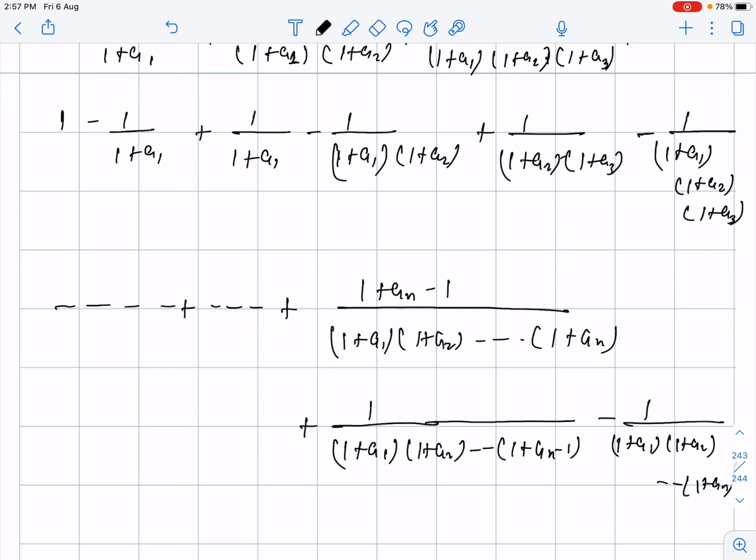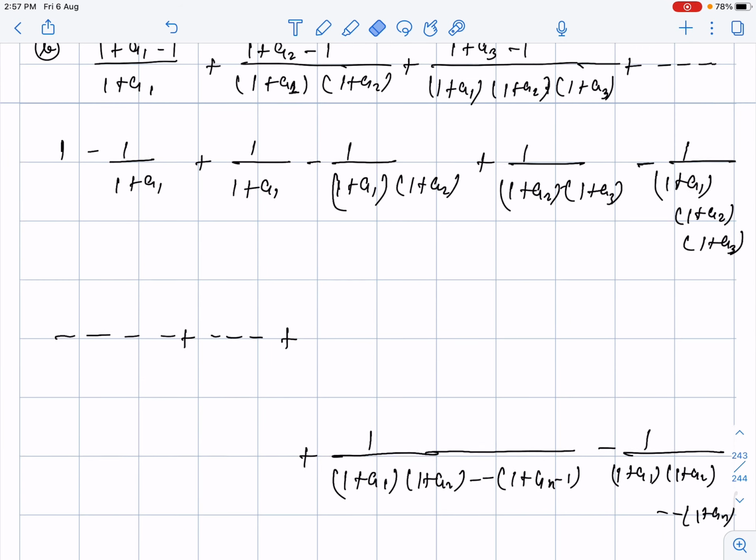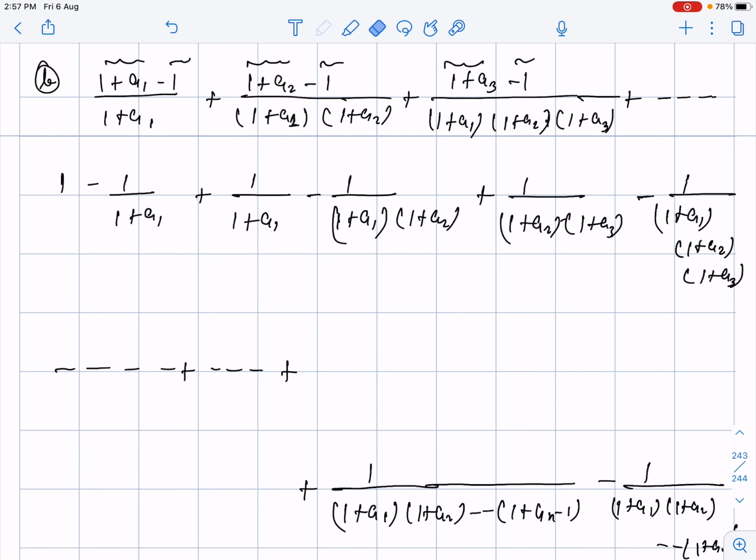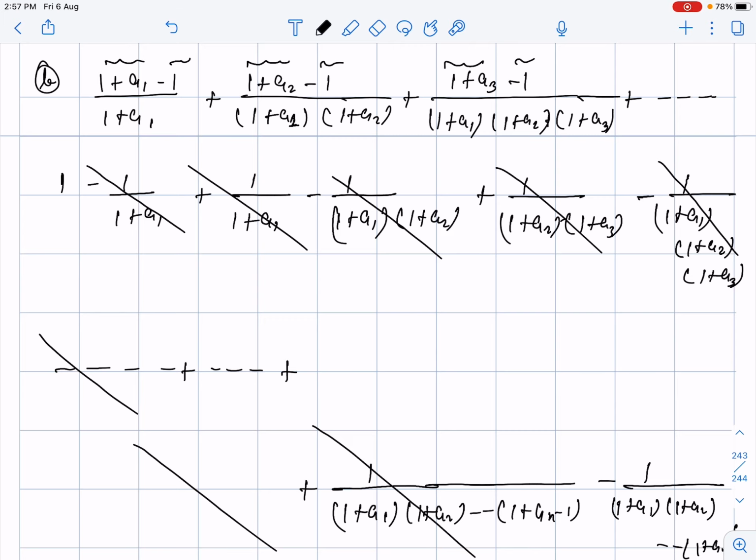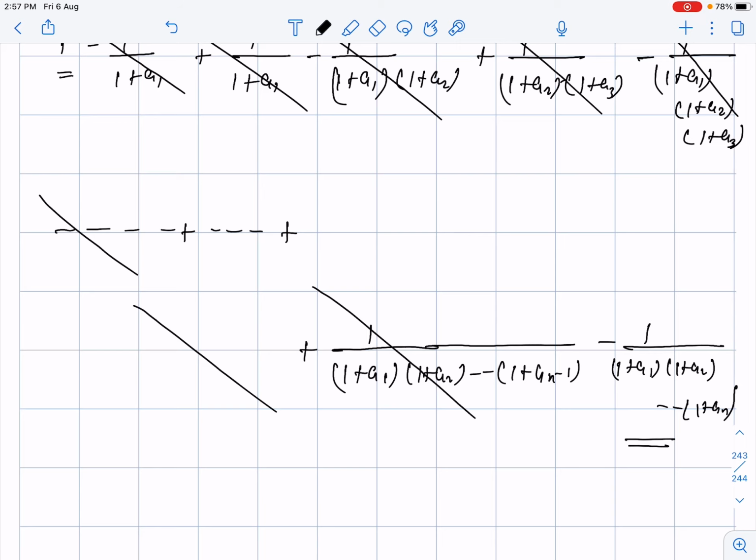Now let's rub this thing, because this is not important. We have resolved this. We have separated out the numerator and denominator. Now let's see what is getting cancelled over here. So guys, this thing is getting cancelled with this thing. This is getting cancelled with this. This is getting cancelled with this. Similarly, this will get cancelled with this. So we'll be remaining with 1 and the final value over here. That will be our final answer.